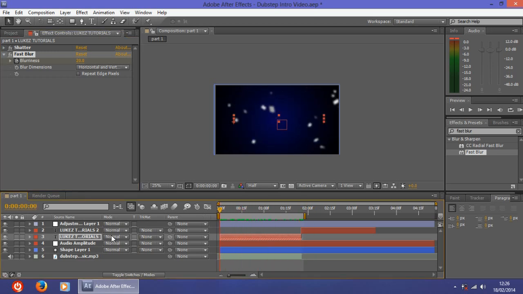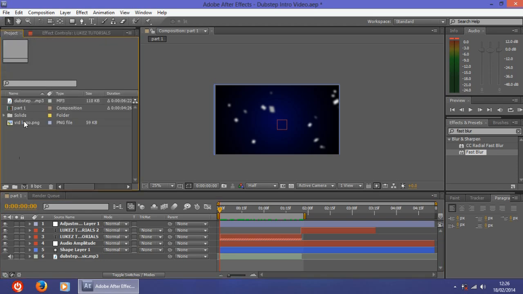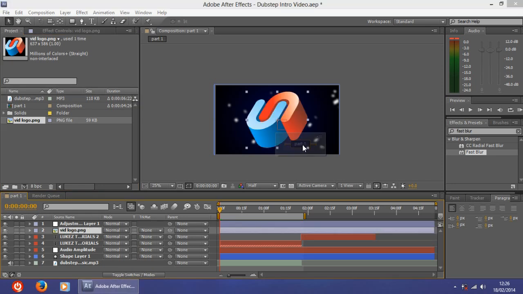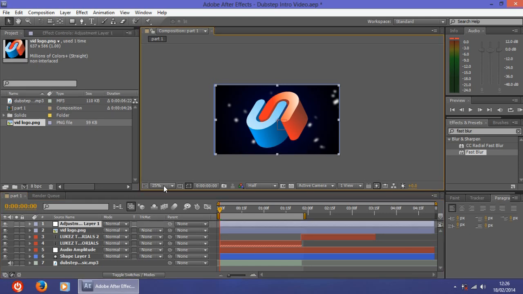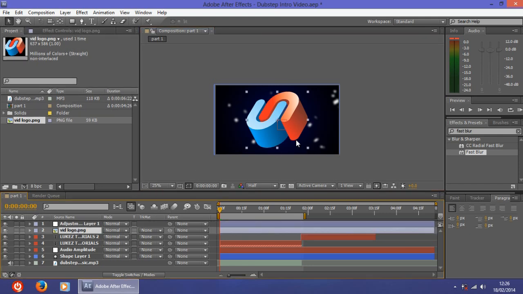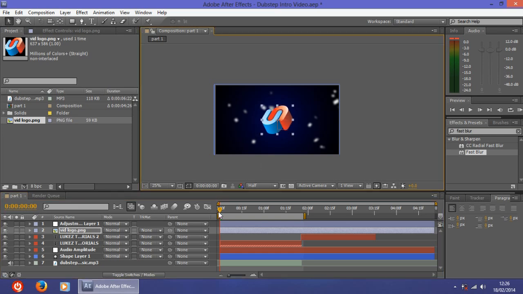Now we have also to include the logo, so drag the logo here. It is a very simple logo. I just found it and added it right here. We have to make it a little bit smaller, something like that. Drag the marker till the end,